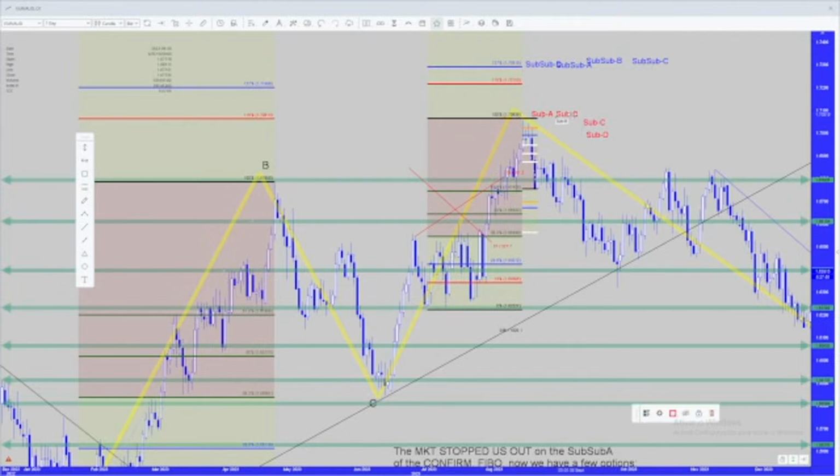Okay? So this is the sub A, sub B, and I'm going to readjust it. So Y goes to Y. This is the second one. Contrarian Fibonacci this time. Alright? So now this is the sub A, that's the sub B, that's the sub C, and I'm not sure if it went